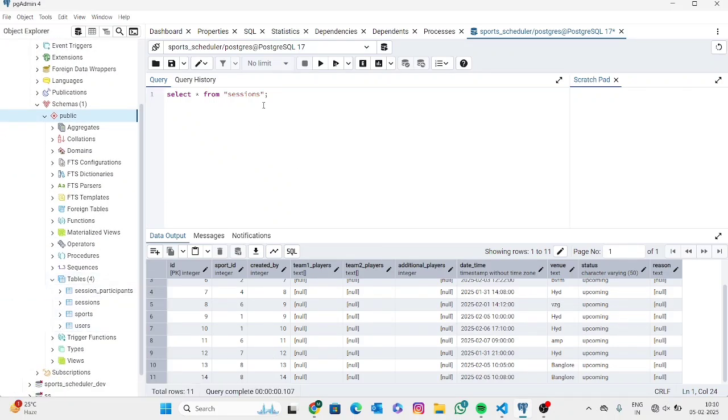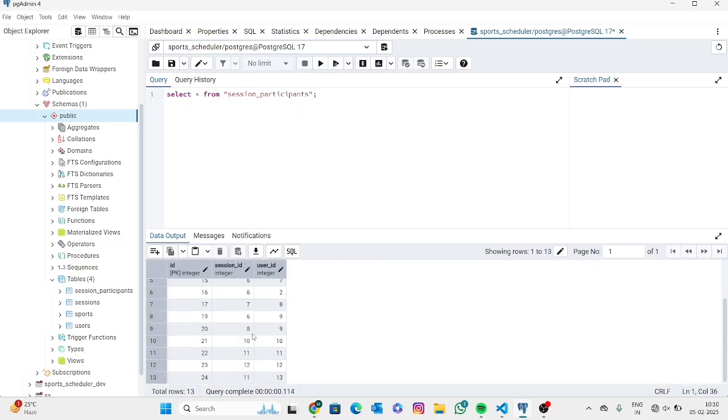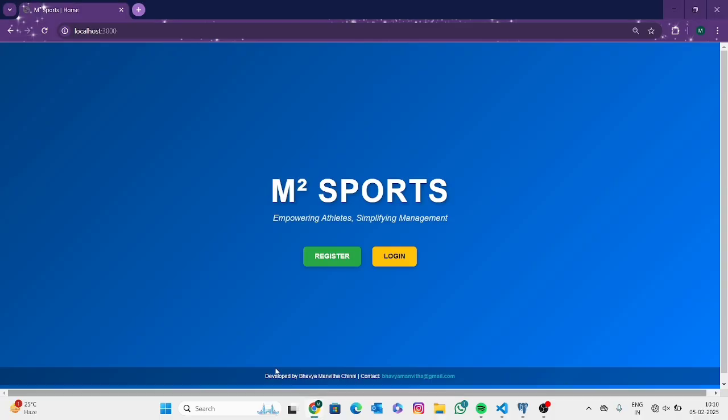And then session participants. So these are all the session participants based on who joined. All the details will be displayed in the dashboard. So this is the main